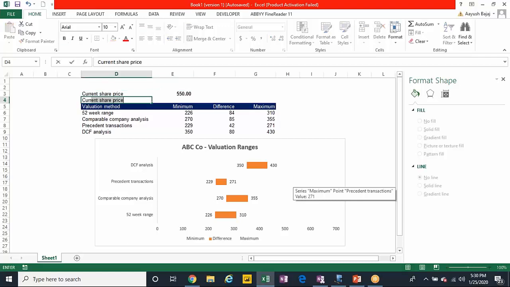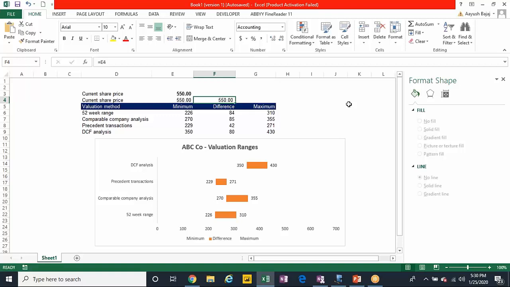Let's add a new segment, new line here with the current share price and link it to 550 here and link it to the previous one here. So we have two 550s. I'm about to tell you how to create a dynamic share price line, guys. So we have two 550s